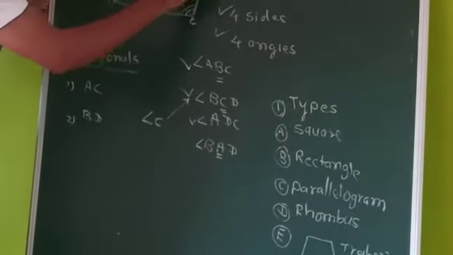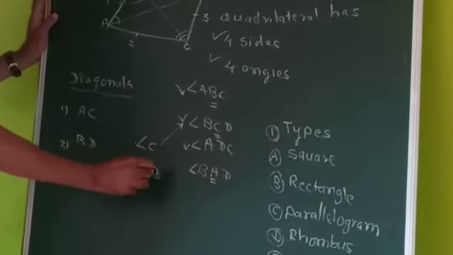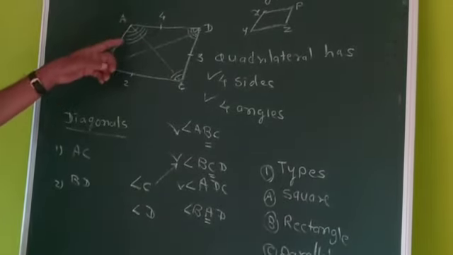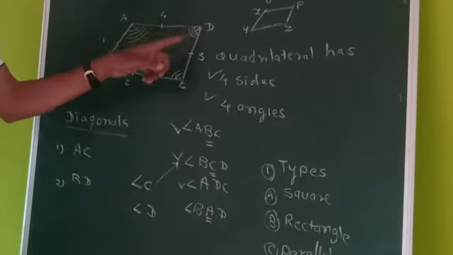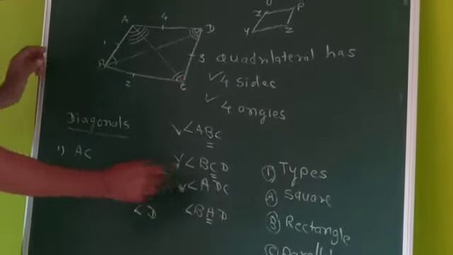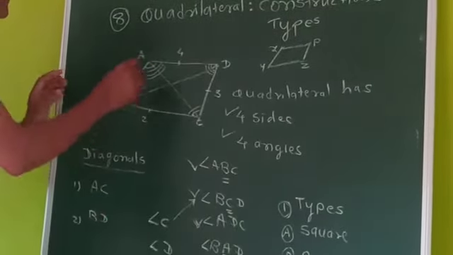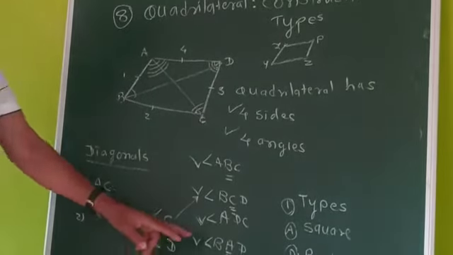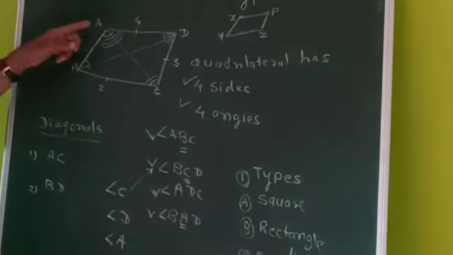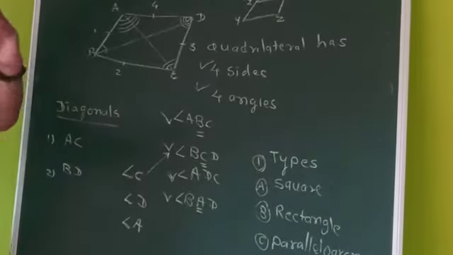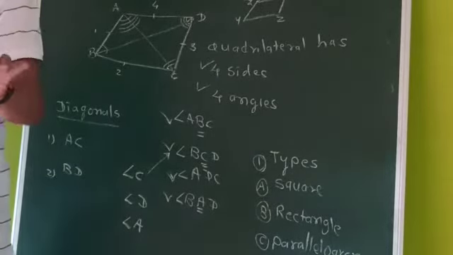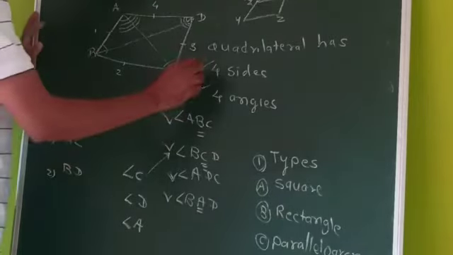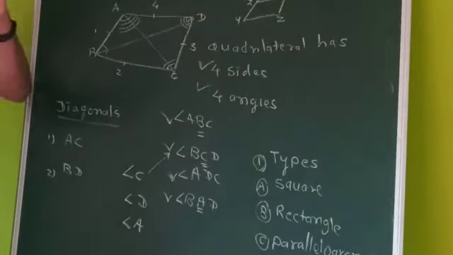Third, angle D. You can directly say angle D, or you can say ADC or CDA. And the last angle, angle A. You can directly say angle A, or you must say BAD, where the vertex must be at the center. Okay, a quadrilateral has 4 sides,